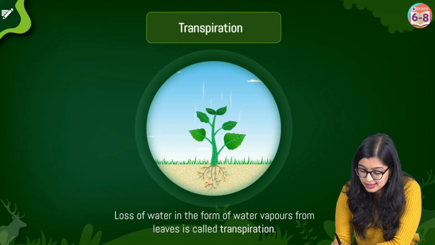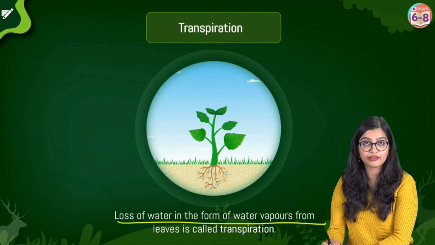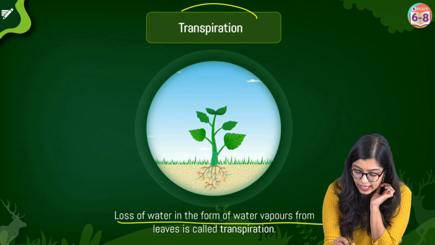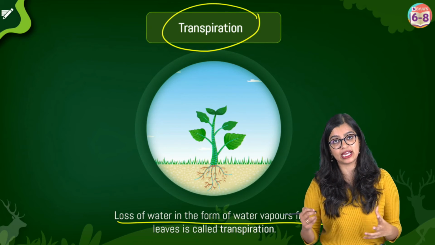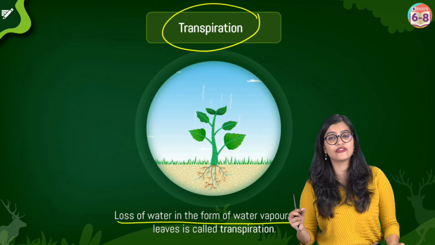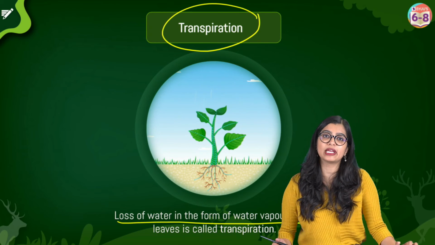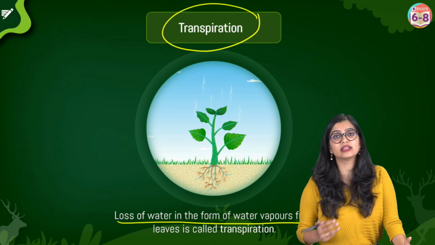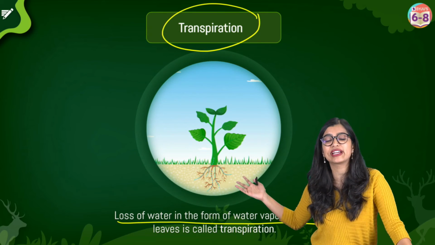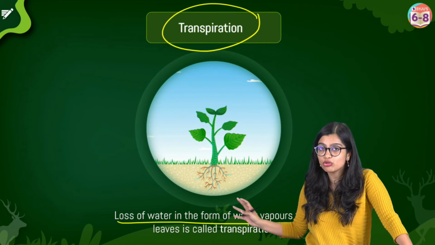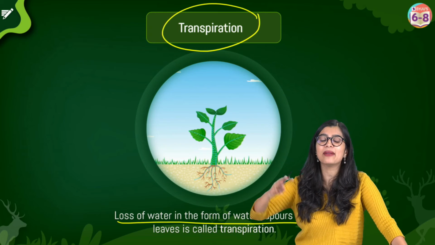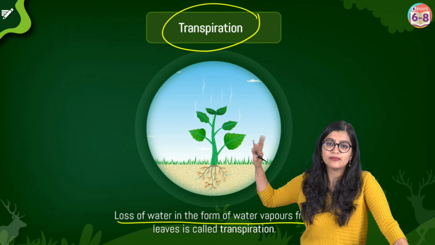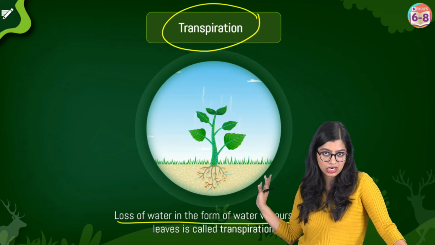And this loss of water in the form of water vapor from the leaves is what we call transpiration. So this is a new word for all of you, but it is not complicated. Whenever there is excess water in the plant body, the plant also has to get rid of excess things. It has no mechanism in which it's going to store it. So, in this case, it needs to get rid of it, right? When it has to get rid of it, it will resort to transpiration.